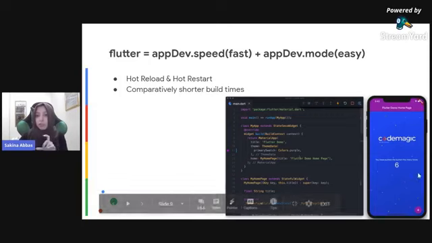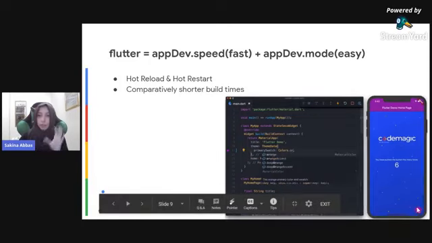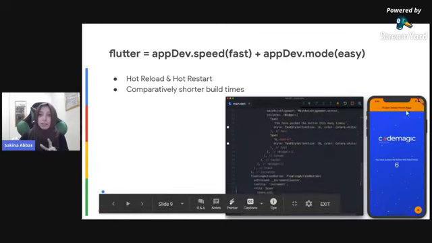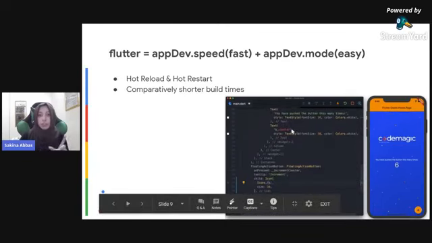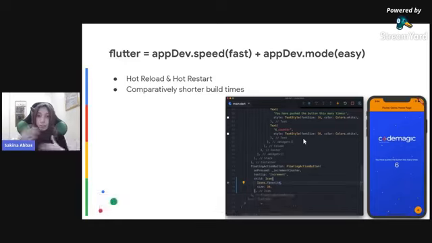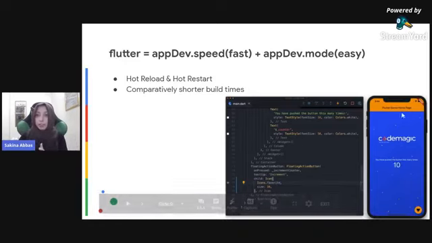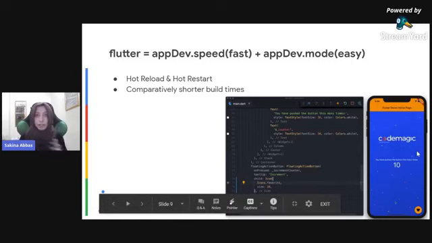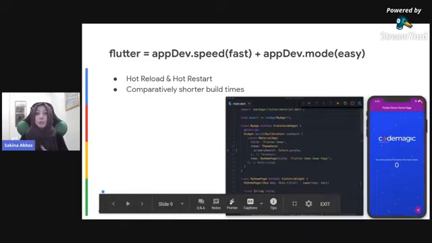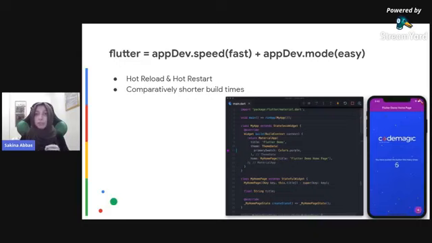As you can see in this GIF, this person has first pressed this plus button, so the count has been 6. Then previously this color was indigo. He changed that to orange and he pressed hot reload, and it was instantly reflected over there without changing the state of the application, without restarting the application from scratch.